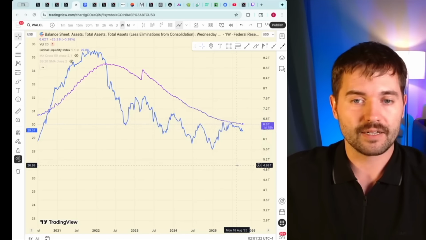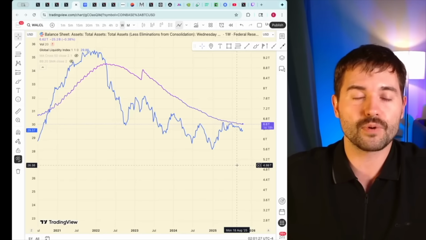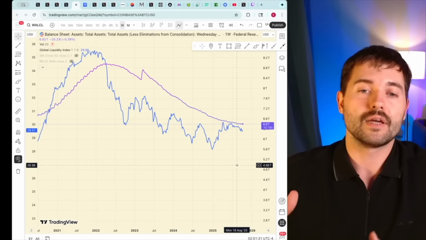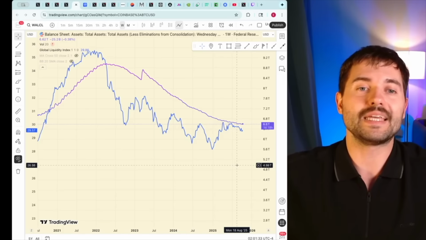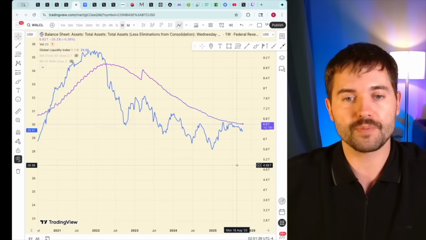And it was just down all the way. For us as crypto speculators, in the crypto markets, it's impossible to have a proper bubble, a proper cycle and bull market when more and more money is being taken out of the economy. There is no cheap money in the market.